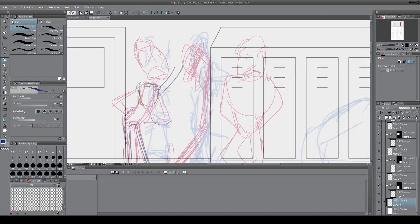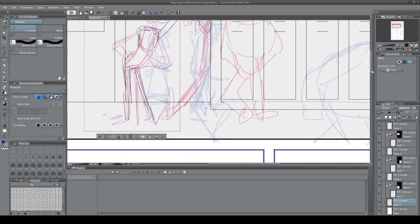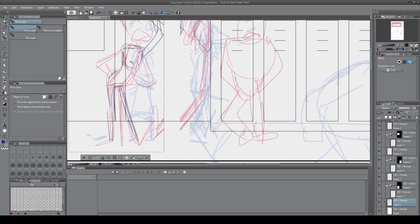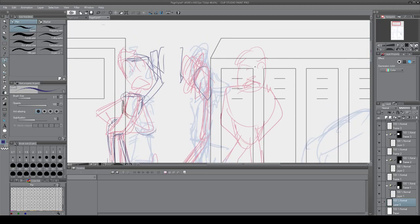I'll make him go, I don't know, maybe that dumb nonsense? Maybe not. Maybe just a wave. I don't want to intersect with the Jughead surrogate over there. Maybe I'll scooch him back a little. Yeah. No, I'll just do a straight arm waving hand with 5 entire fingers, which is very alien